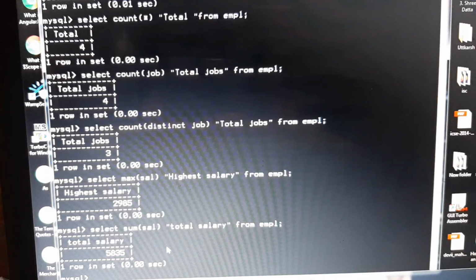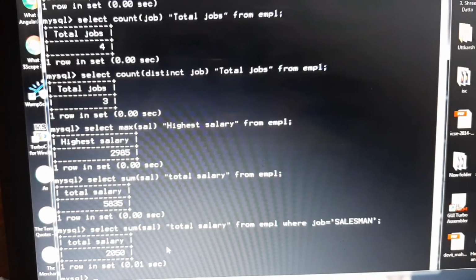Okay, then in sum also we can give some condition, as we know where also can be given. Like if suppose I want to calculate only the sum total of those employees who are having a job of salesman. So we can write where job is equal to salesman. So it will show only the sum total of those employees who are having a job of salesman.